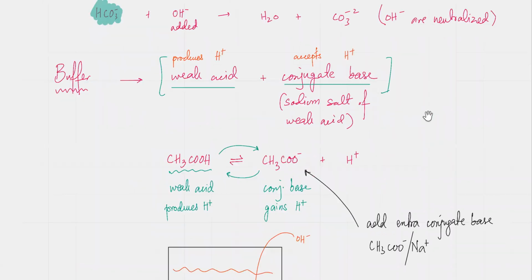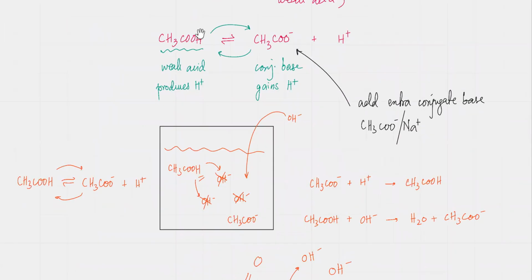A buffer is formed when you have a weak acid and also its complementary conjugate base. The weak acid is the one that's able to produce H+. The conjugate base is the one that's able to accept H+ ions. For example, if you have ethanoic acid, you must have ethanoate ions in the solution as well, because together they act as a buffer. If you add OH- ions, the ethanoic acid releases an H+ and neutralizes them. And vice versa, if you add extra H+ ions into the solution,